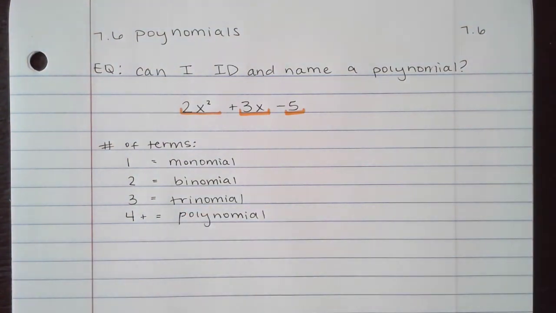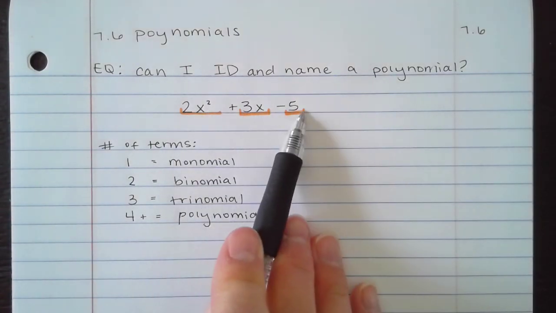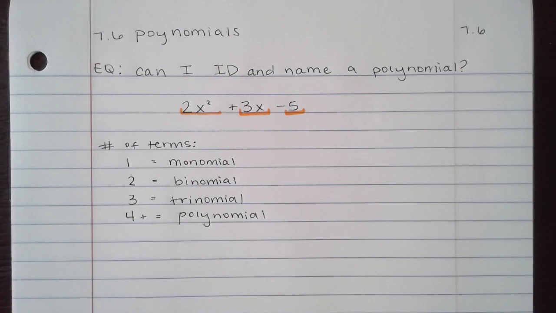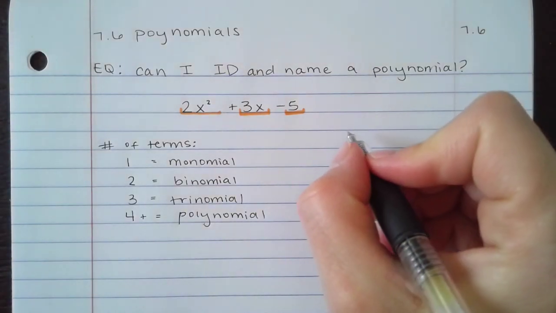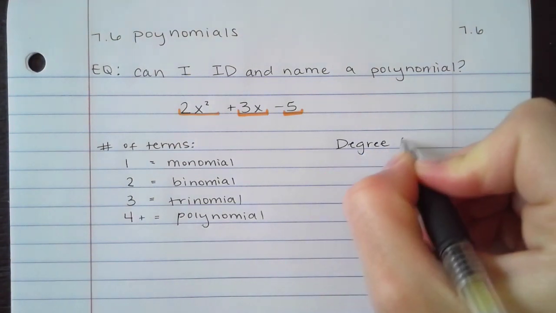Now, technically, a trinomial is a polynomial. It just has a fancy name. Kind of like if we had a right triangle, we call it a right triangle, even though I could just call it a triangle and it'd be fine. So we have all of these. So in this case, there's 1, 2, 3 terms. This is a trinomial. But then we also need to look at something called the degree, and that's based off